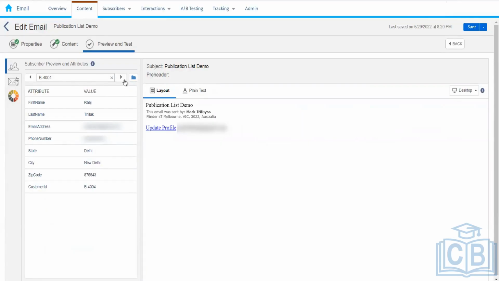When we click on the next arrow icon, it will show me the preview for this particular subscriber. You must have seen that whenever we develop an email to target different subscribers, we want to personalize the email with the first name and last name, or maybe if you are sending this to our Amazon customers,